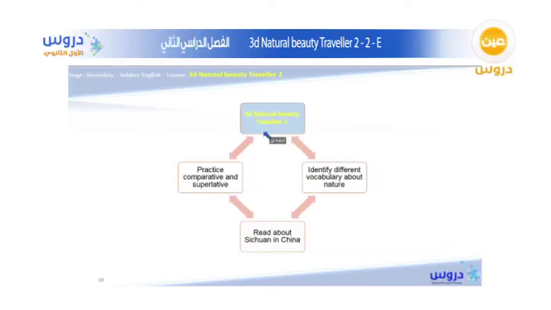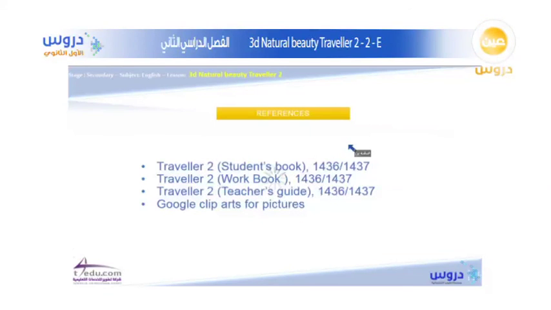Okay, so this is a summary of our lesson today. The title is here. Yeah, it's a short word. Excellent. Here we have 3D Natural Beauty in Traveller 2. We talked about identifying different vocabulary in nature, read about Sichuan in China, and practiced comparative and superlative. Here we have the references: Traveller 2 student's book, Traveller 2 workbook, Traveller 2 teacher's guide, and the last thing is Google